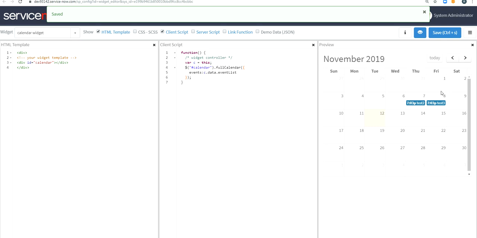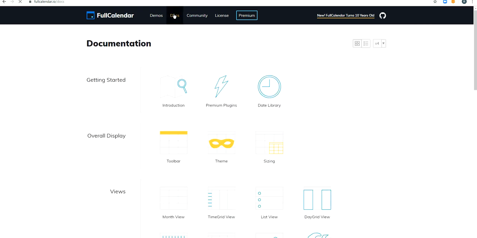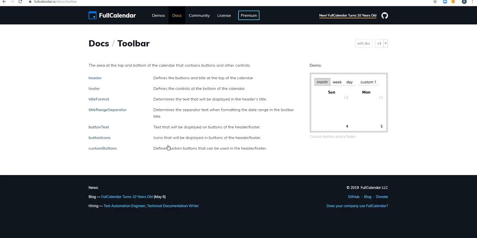So now you can see that the calendar has started rendering here. That's a good thing, that we started the calendar. And now if you go to the documentation and go to the docs, if you need to add anything, you can definitely add. So if you go to the toolbar and the header,